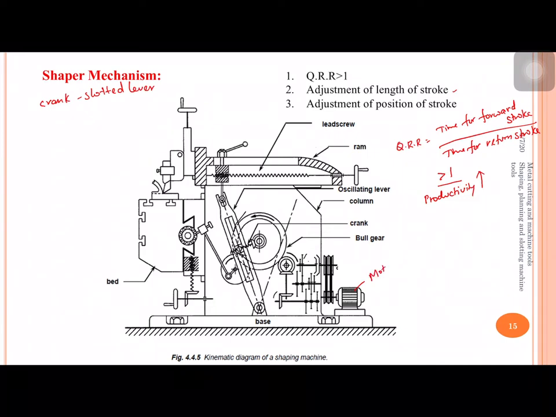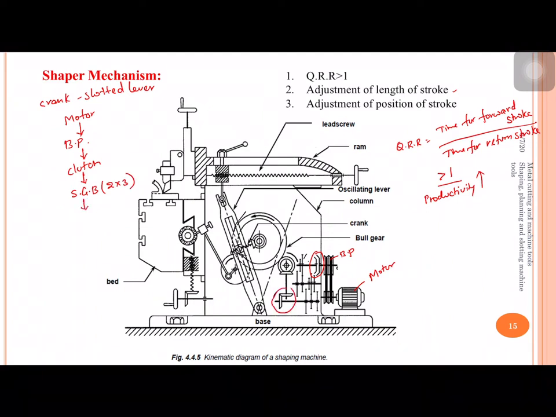First, let us start with the motor here, and this is the belt pulley connection. So the line diagram for the transfer of motion from one part to the other part, or from one machine element to other machine element, is like this. First, let us have the motor, and then we have the belt pulley connection, and then we have the clutch. This is what is called as the clutch. And then we have the speed gearbox. How many stages are there here? 2 stages, and the maximum number of speeds that are possible is 6.